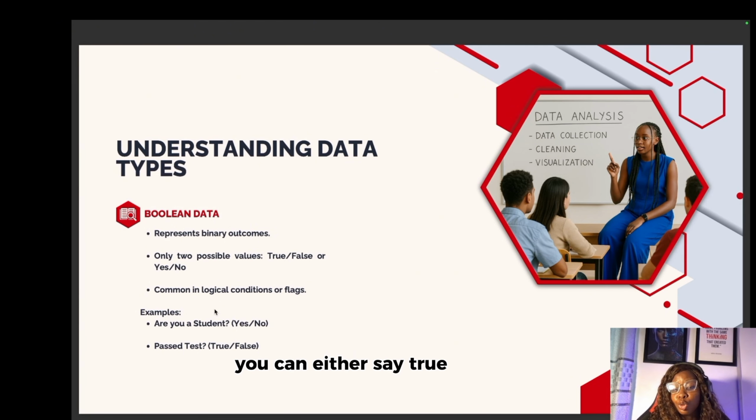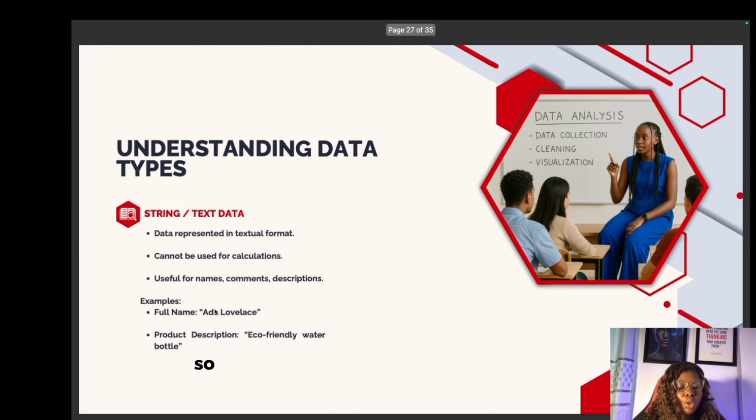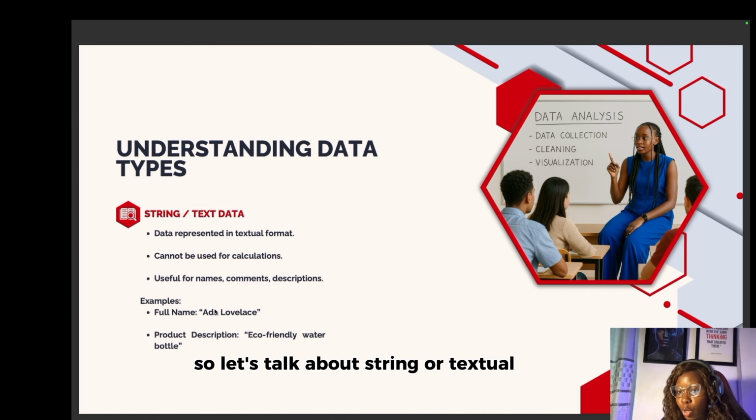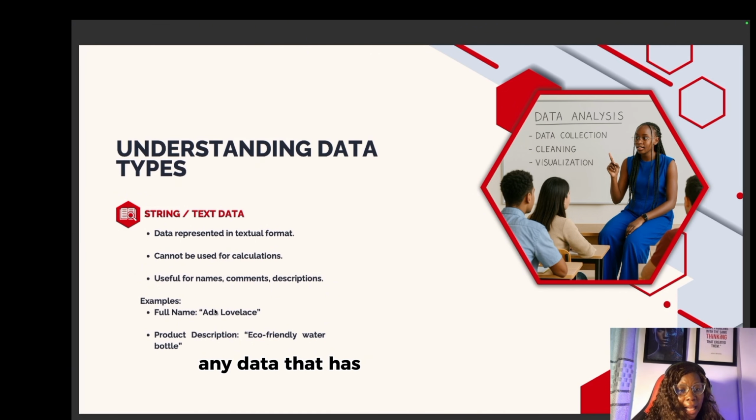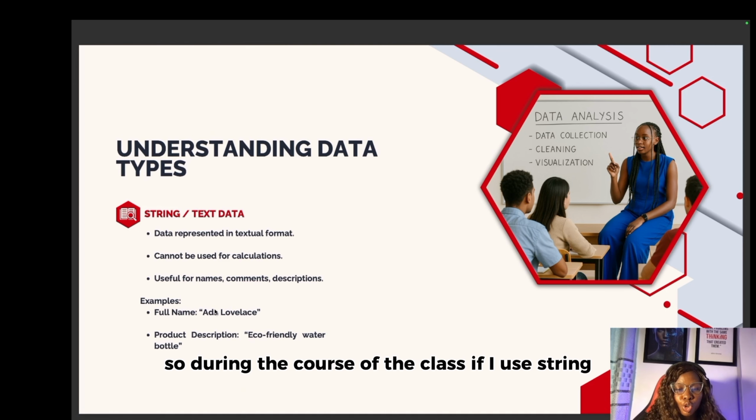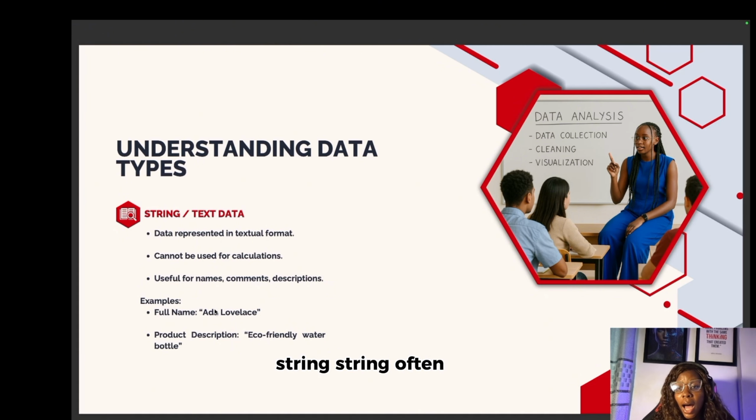You can either say true or false, or you can either say yes or no. So these are Boolean data types, all right? So let's talk about string or textual data. Textual is just like alphabet, right? Any data that has alphabet, we call it string in this context. So during the course of the class, if I use string often, you already know that I'm talking about textual